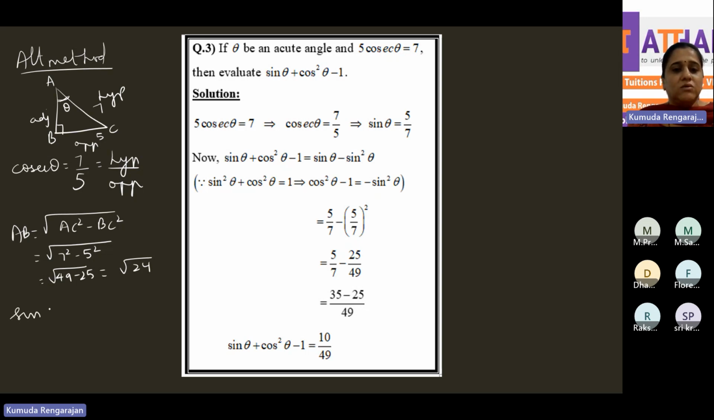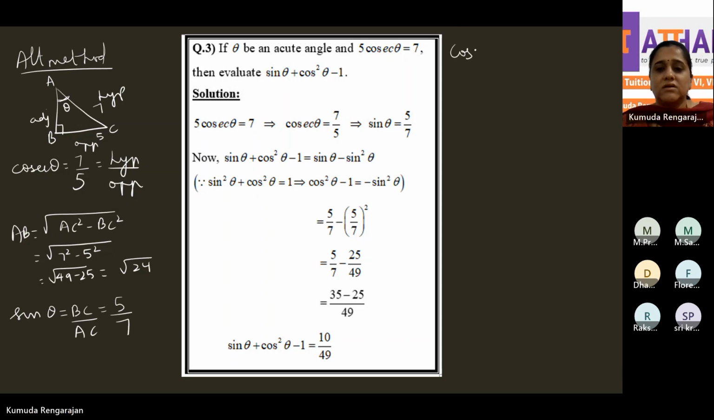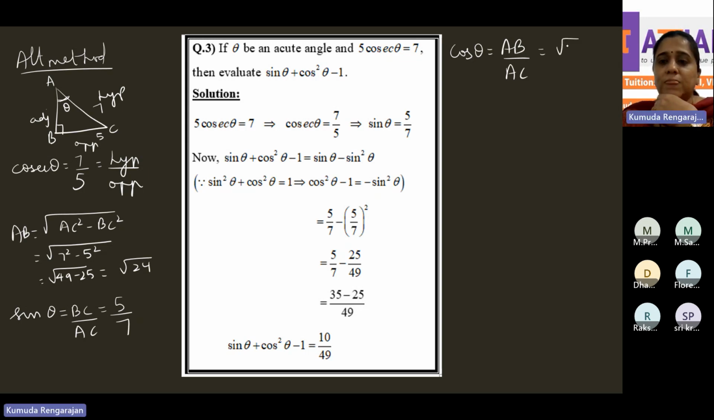What is sine theta, children? Sine theta is the opposite, that is BC by AC, that is 5 by 7. Then what is cos theta? Adjacent AB by hypotenuse AC, so that is root 24 by 7. Then that's it. So we have to find cos square theta. What is cos square theta? Cos square theta will be equal to